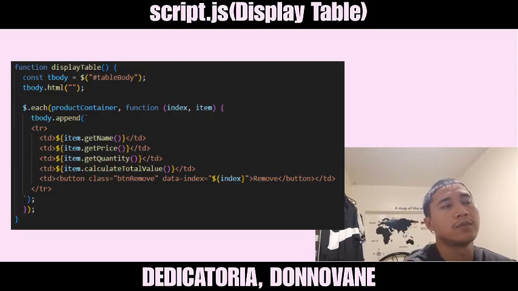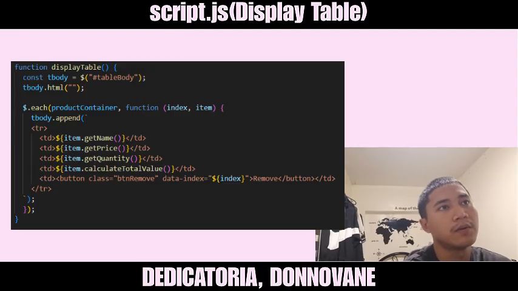The button has class equals btn-remove, data-index equals ${index}, and then Remove button. This button allows the user to delete a specific product. The data-index attribute stores the index of the product in the array so that when the button is clicked, the program knows which product should be removed from the inventory.